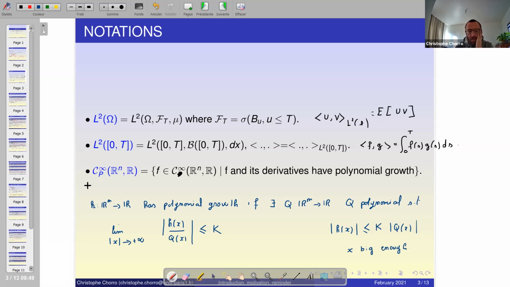For the mappings belonging to this set, I want them to be of class C infinity, and I want the mapping and all its derivatives or partial derivatives to be controlled by a polynomial this way. It means that I can control the behavior of f and of all its derivatives when the norm goes to plus infinity. So these are the functional sets we are going to work with